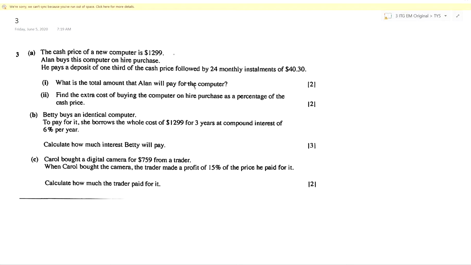And we expect the total amount that he pays to be greater than 1,299 because there is interest. So let us find out how much he's paying for the computer under this plan. So total amount is 1/3 of the cash price plus 24 monthly installments of $40.30. So the total amount that he is paying is